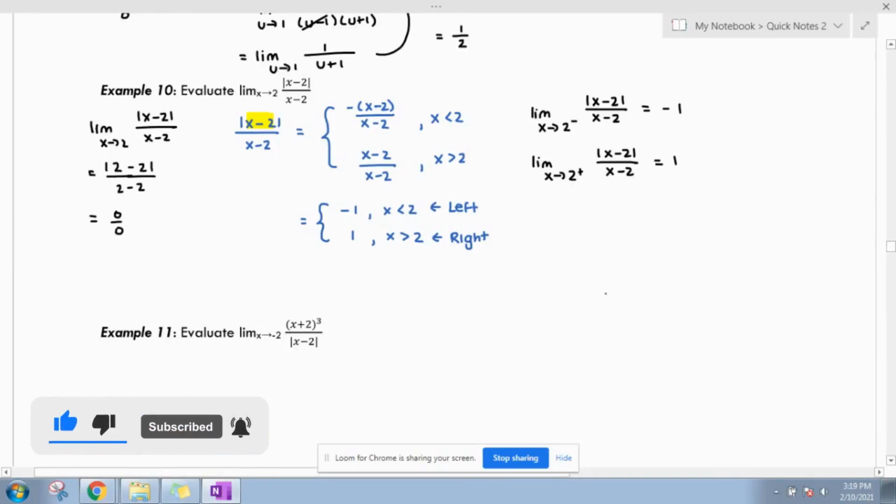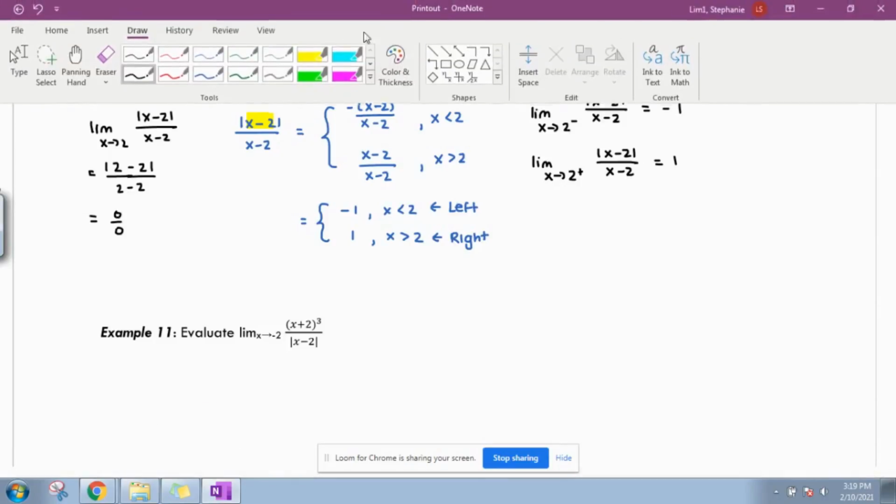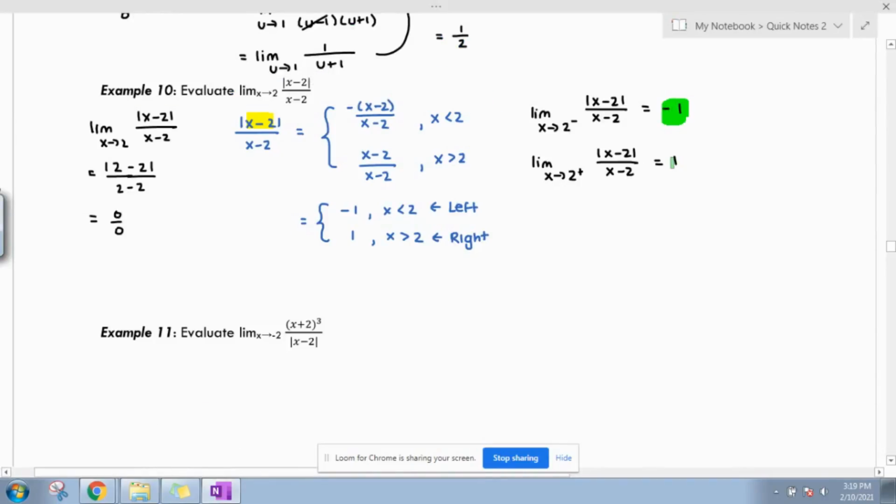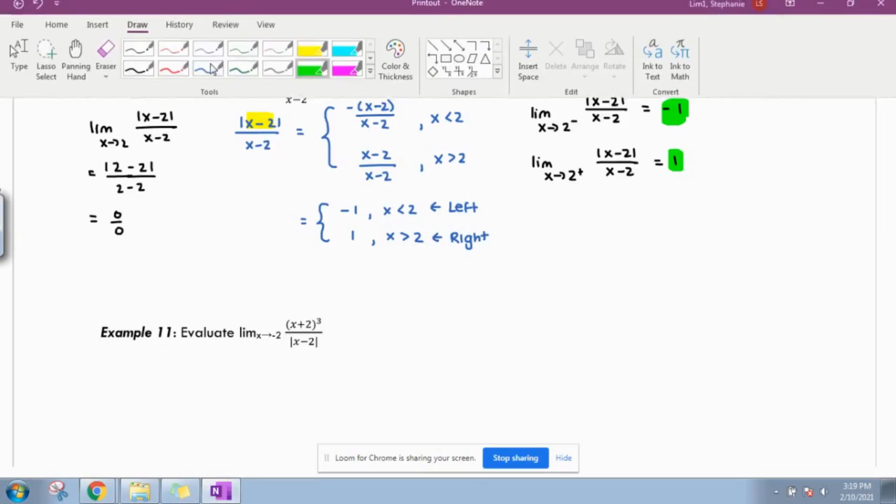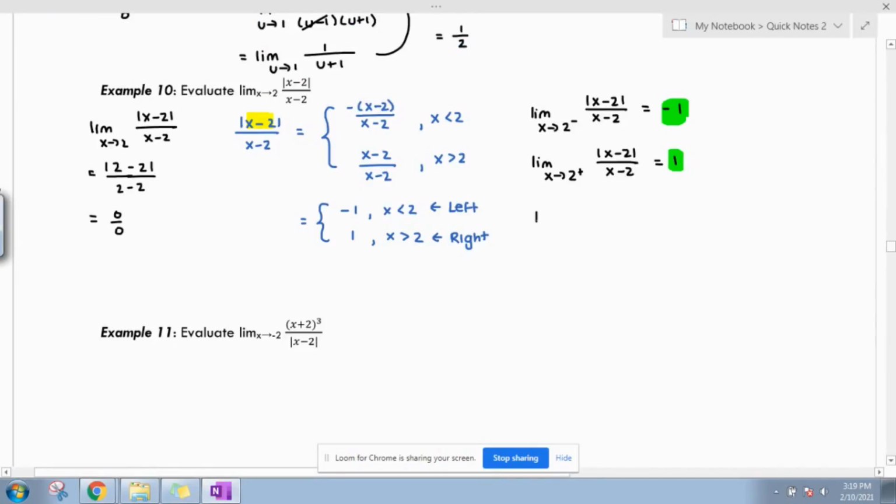Now, when I take a careful look at the left-hand side limit and the right-hand side limit, remember the definition for a limit to exist. Since this is a piecewise function and you're looking at the two limits from the left and the right, they have to equal the same number. Unfortunately, in this case, they don't equal, which then indicates to me the following. The limit as x approaches 2 for the absolute value of x minus 2 over x minus 2